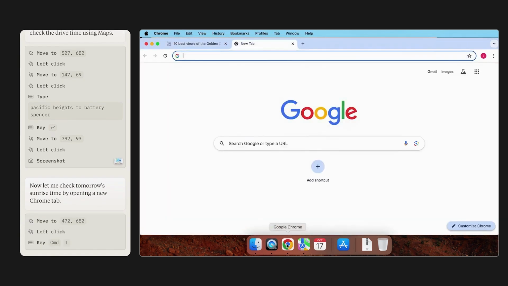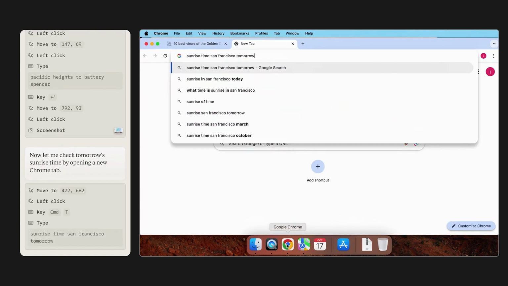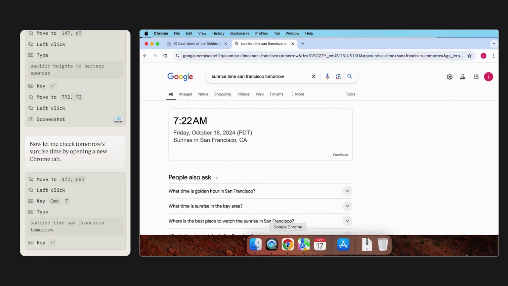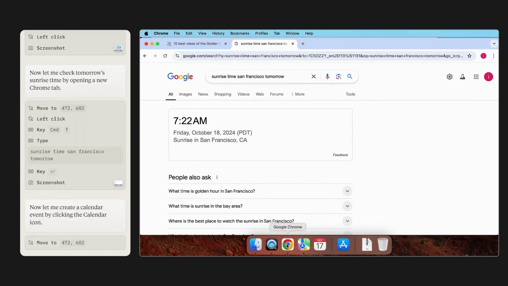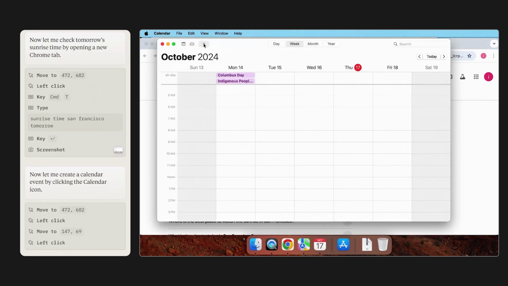Cool. So now it looks like Claude is searching for the sunrise time tomorrow. And is now dropping it into my calendar.